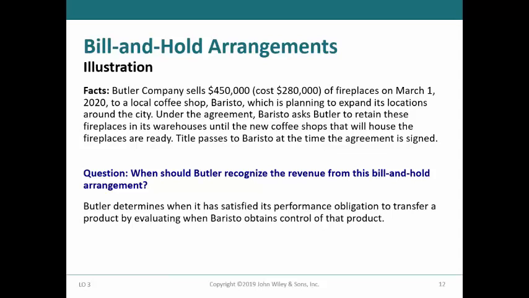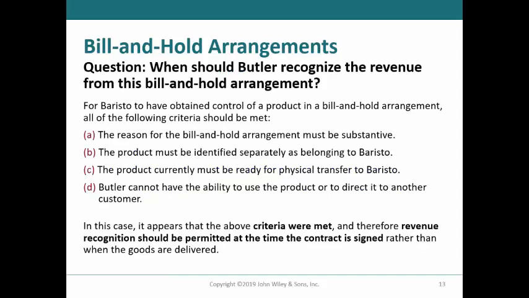Title passes to Baristo at the time that the agreement is signed. The question is whether Butler has satisfied its performance obligation for the fireplaces and can recognize the revenue even though delivery has not occurred. The questions that must be answered for Butler to recognize the revenue are shown on this